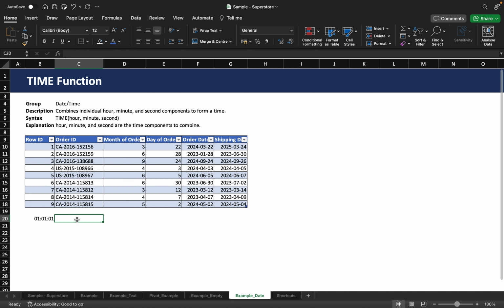But I can also use the time function to add time to a date. So I say equals. Then, for example, I want to add time to this shipping date, as our shipping department told us that the shipping date actually was 2 hours and 10 minutes later. So I click on the shipping date. Then I say plus TIME, and what did I say? 2 hours and 10 minutes, 0 seconds. I hit enter. And now I'll get back